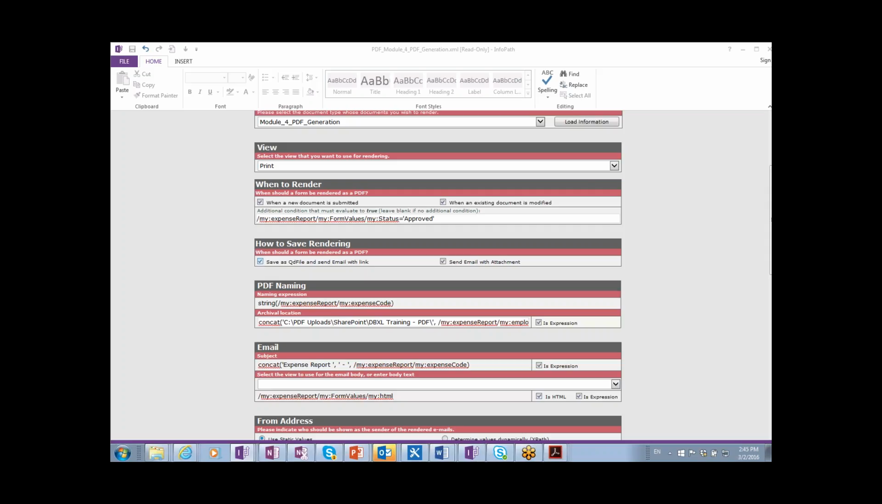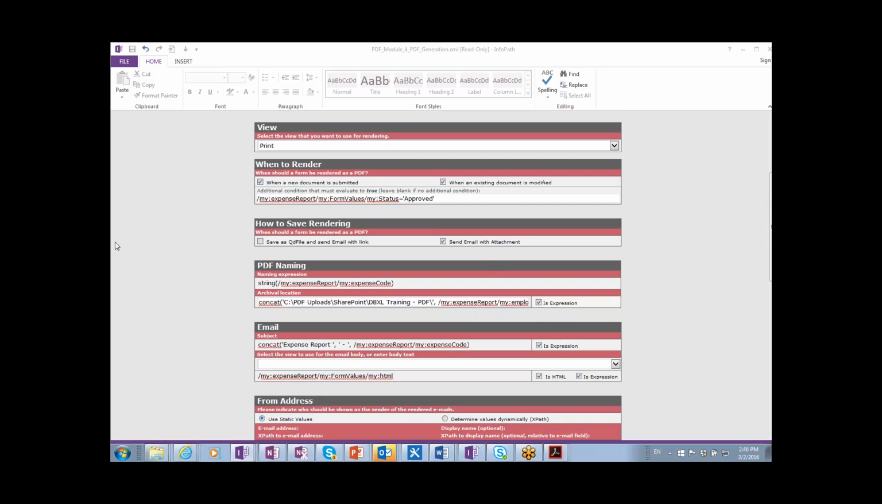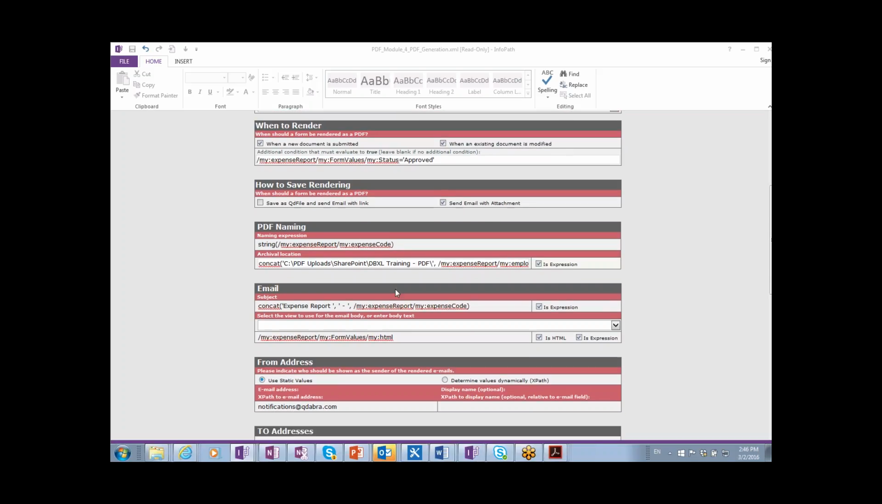You don't have to do any of that, and it will automatically give them a link they can open, assuming they have access to the server. In this case, we're actually sending the email with attachments, so we're not storing the PDF as a file. Instead, we're storing it locally. And when we store it locally, we have to name it. So here underneath the PDF naming section, we're giving it a name which is the same name as the expense